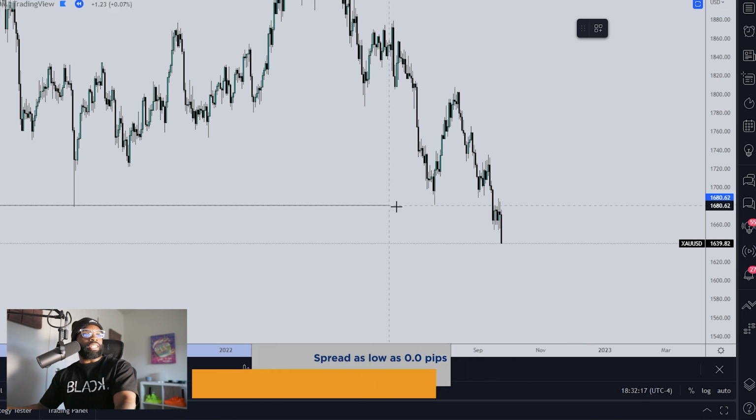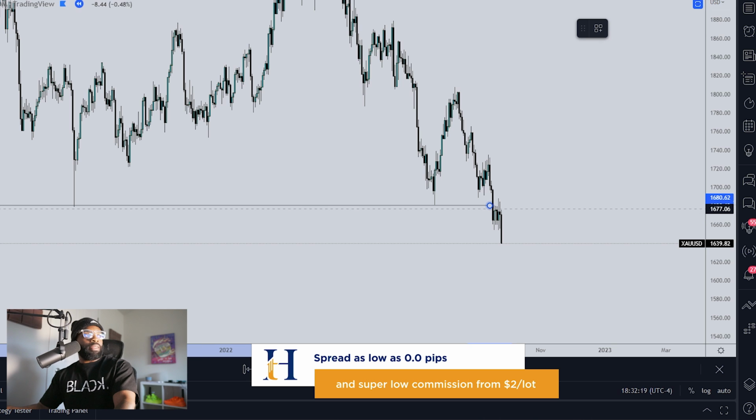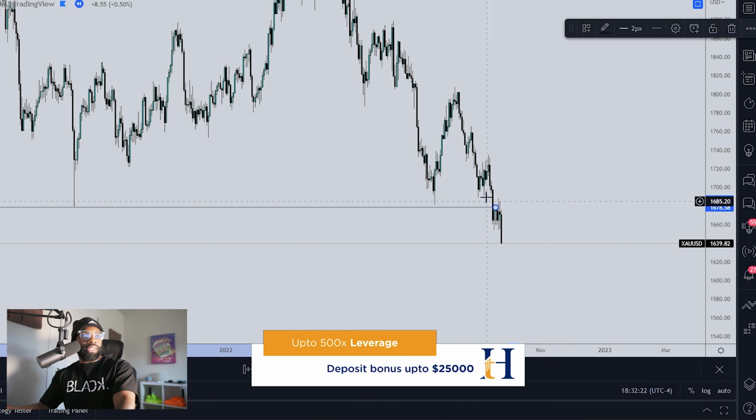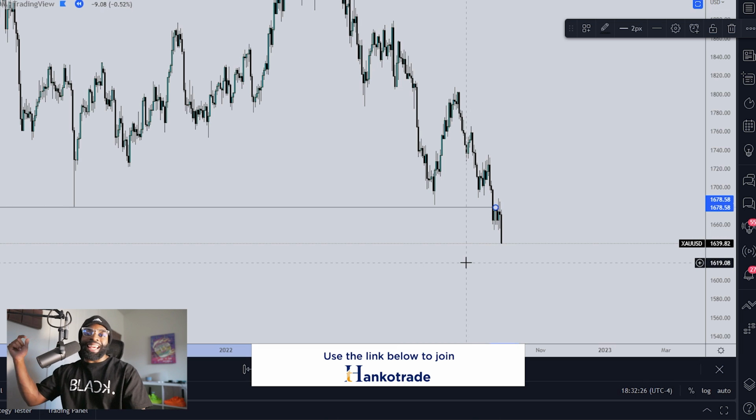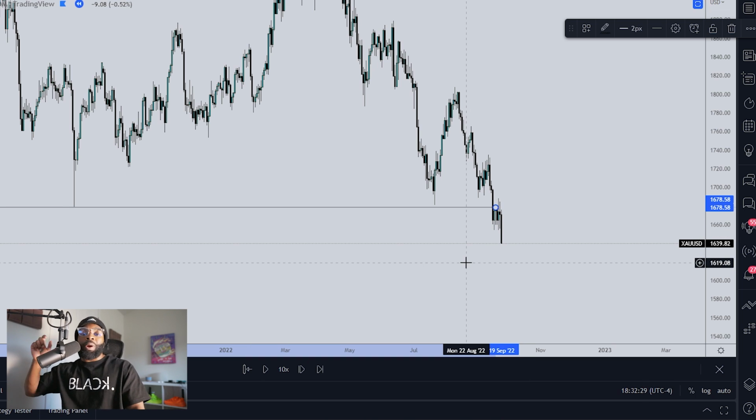We see that is this low right here. We notice that market never tapped past this low until here. So right when we seen that, that is when we now want to get ready to look for a setup to buy. Now I know I talk about trading with the trend, but we all know sometimes when you trade